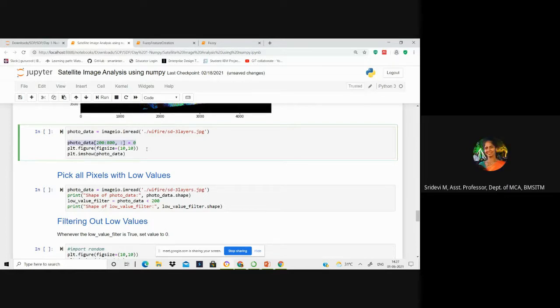Bhavisha? Yeah, answer this. What will happen to the image when I have selected 200 to 800 rows, all the columns, irrespective of the layers, I am assigning 0 value?